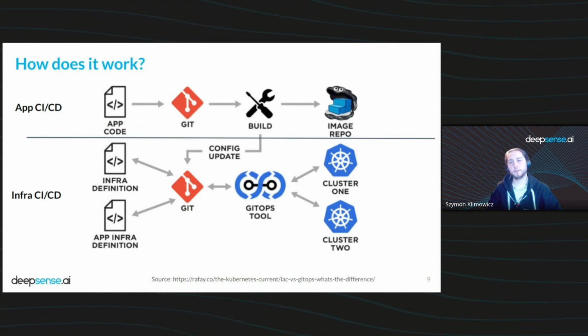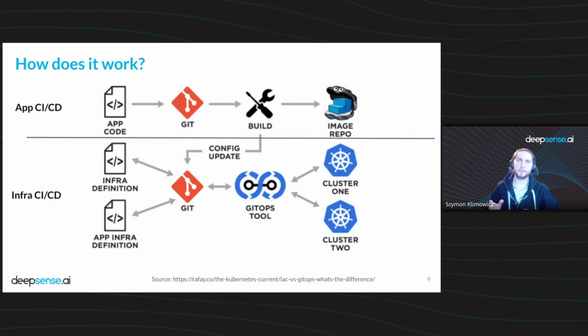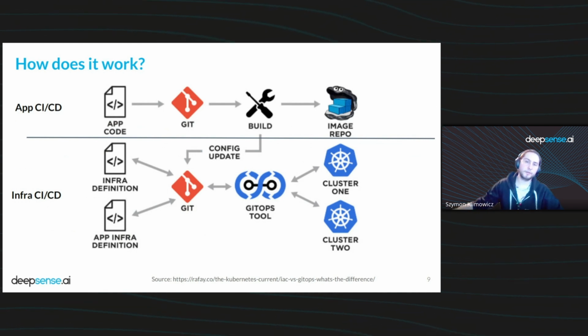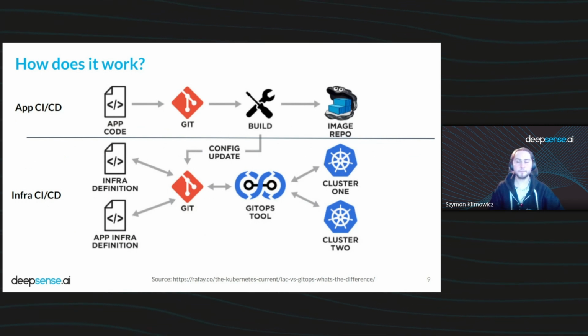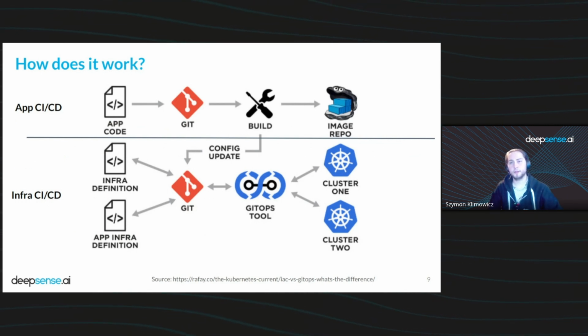And here we are still in the scope of traditional CI/CD for app deployment, but here is where GitOps comes in, and it's the infra CI/CD pipeline. So a step in the first pipeline, in the CD part of this pipeline, triggers a configuration change to our infrastructure repository, and this change can be set to be merged automatically after passing its checks. And then this change in configuration is observed by our agent. This is the GitOps tool in the diagram,